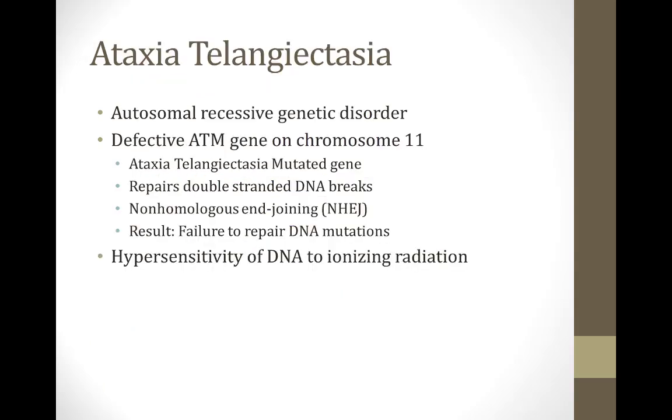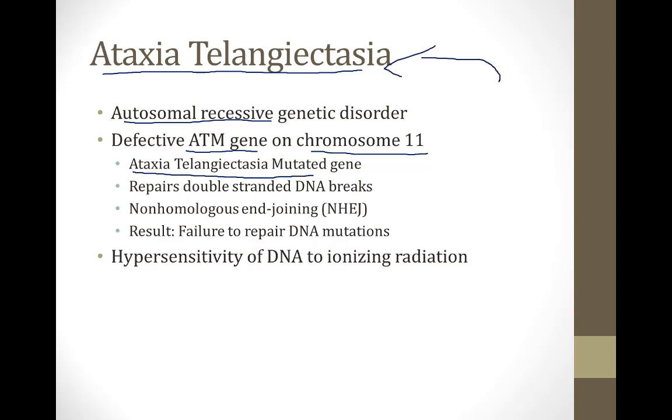Let's move on to our next disorder, which is called ataxia telangiectasia. This is an autosomal recessive genetic condition. In order to get this condition, both of your parents have to carry an abnormal gene called the ATM gene on chromosome 11. ATM stands for ataxia telangiectasia mutated gene, so obviously it goes with this condition. This gene is responsible for repairing double-stranded DNA breaks by a process called non-homologous end joining, which we'll talk about in a minute. So if you have a defective ATM gene, you are unable to repair DNA mutations, and as